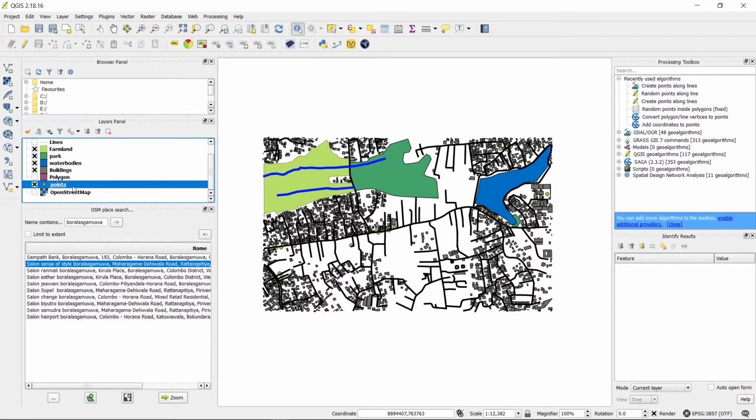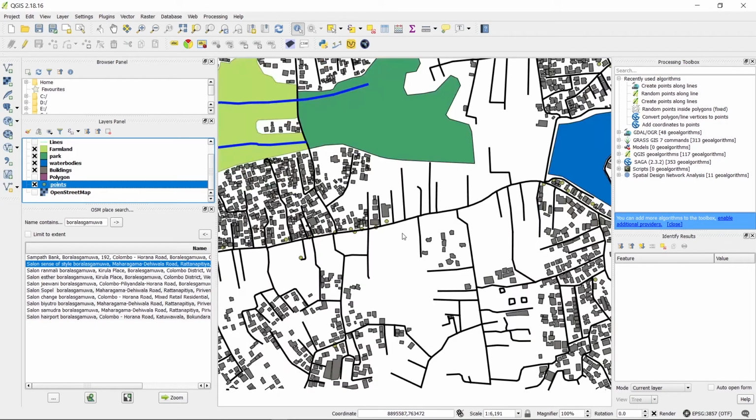Now we want to extract the rest of the information from Google Street View images. So in order to do that we need coordinates, longitude and latitude, for the particular area, right? There are two methods we can get the longitude, latitude. The first method is we can go for buildings.